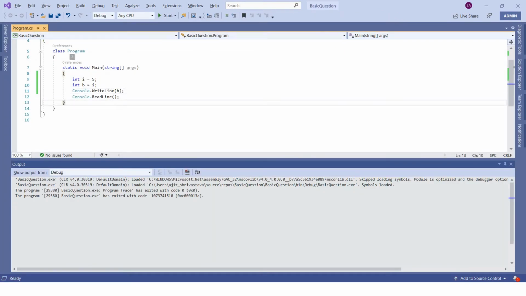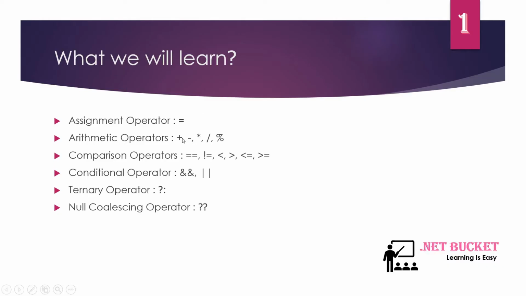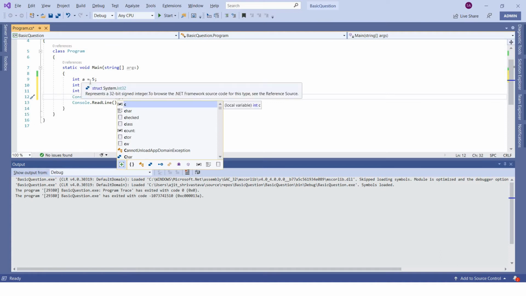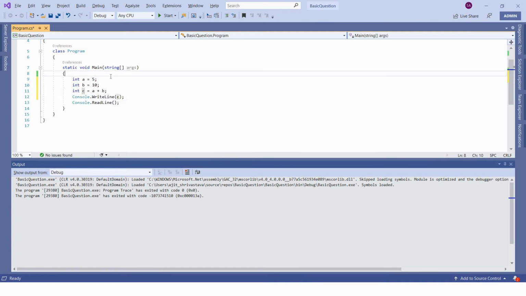Okay, the next one is arithmetic operators: addition, subtraction, multiplication, division, all those things we can perform here. Let me take two numbers, int a equals 5, b equals 10, and int c equals a plus b. As expected the output will be a plus b, which is 5 plus 10 equals 15.